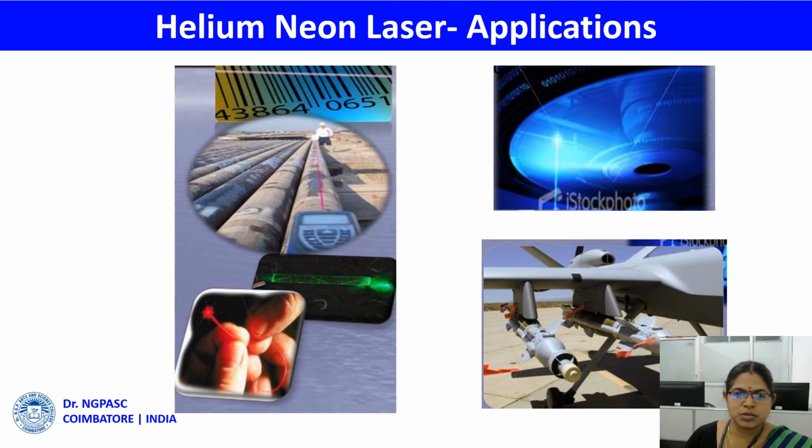So these are some of the applications of helium neon lasers. First one is the barcode. This in day-to-day life we are watching everywhere in laboratories as well as in barcode shops, retail shops, libraries, everything we are using this barcode. This is for measuring distance because red color wavelength is very high, so it can focus to very long distance. So for distance ranging we are using this helium neon laser.